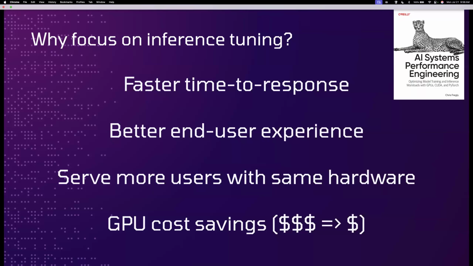And so, yeah, faster time to respond to end user requests makes these end users happy. We can also serve more users with the same hardware. This is the number one thing that I talk to enterprises about today: they've got all these use cases, but they don't have enough hardware. Cost is an issue, but they just need to serve more users with the limited GPU hardware that's available today. And obviously GPUs are quite expensive, especially the latest Blackwells and the combined Grace Blackwell,